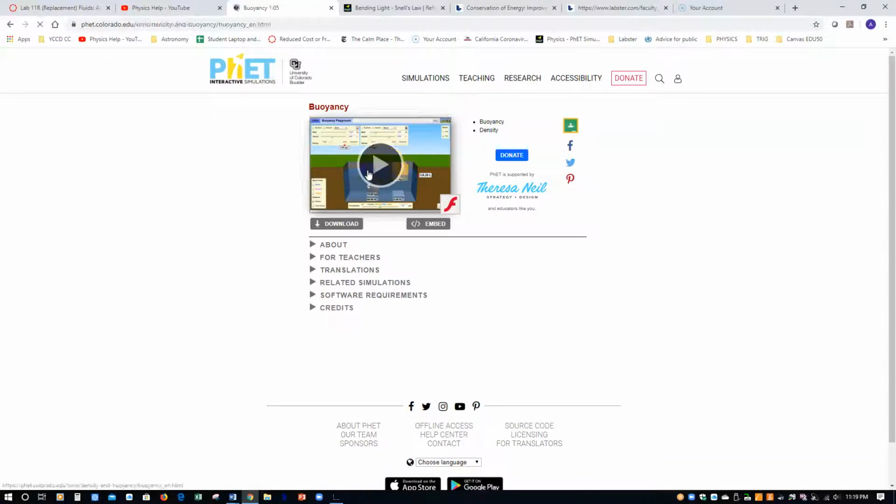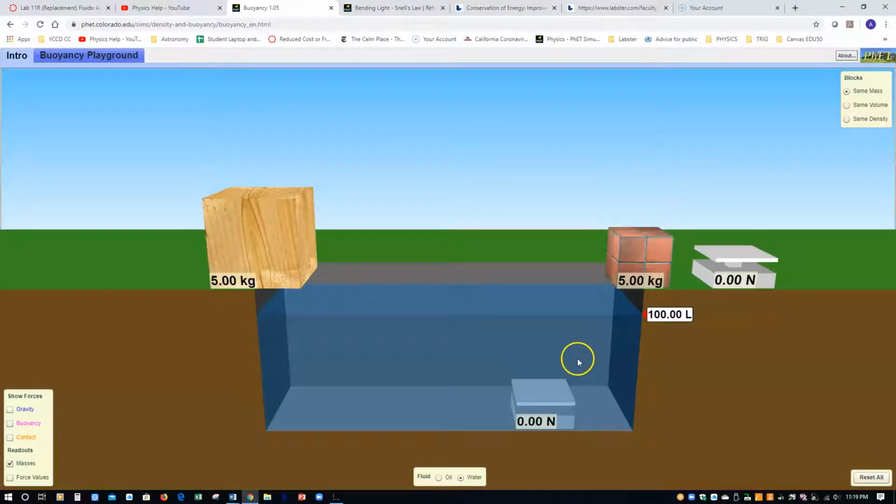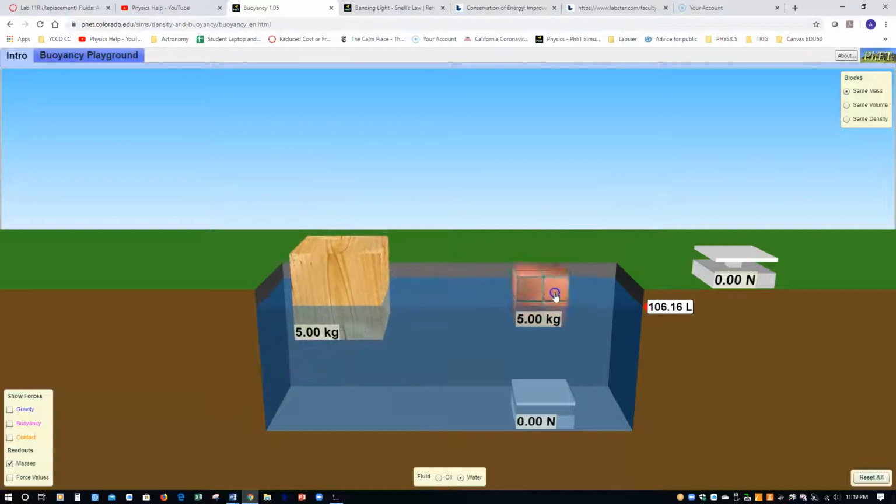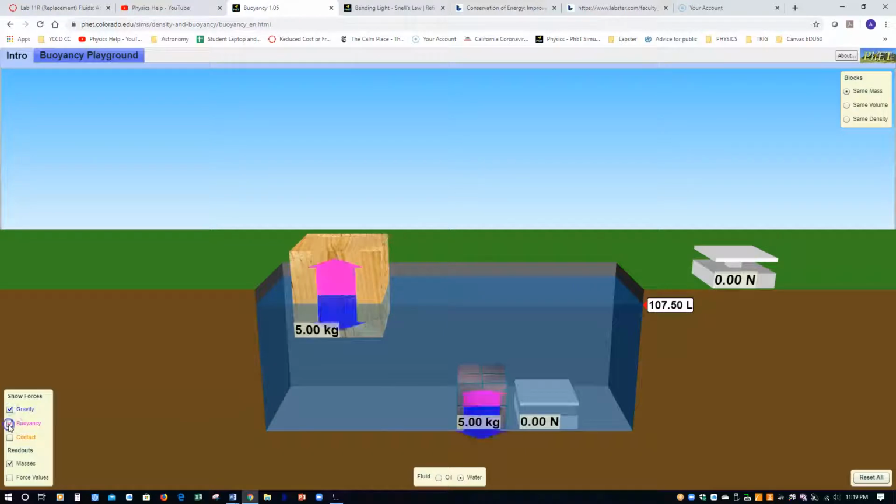When you press on start or download, it will start. And then simply follow the instructions and see if you can explain what's going on. There are different instructions for each one, and please do follow those instructions. All right, the next type of simulation